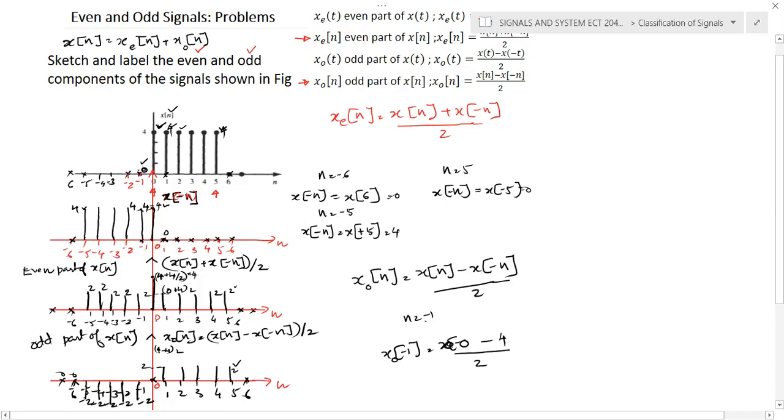Means for n is equal to 0, 1, 2, 3, 4, there should be some values, and similarly for n is equal to minus 1, minus 2, minus 4, etc. Okay, and for the even component, one advantage, if you calculate some values from the positive side, that will be exactly the same at the negative side also. So you don't need to calculate again. You can simply draw the same value for the negative side. For the odd signal, you first calculate the positive values, and by simply reversing the amplitude, you will get the negative side also.